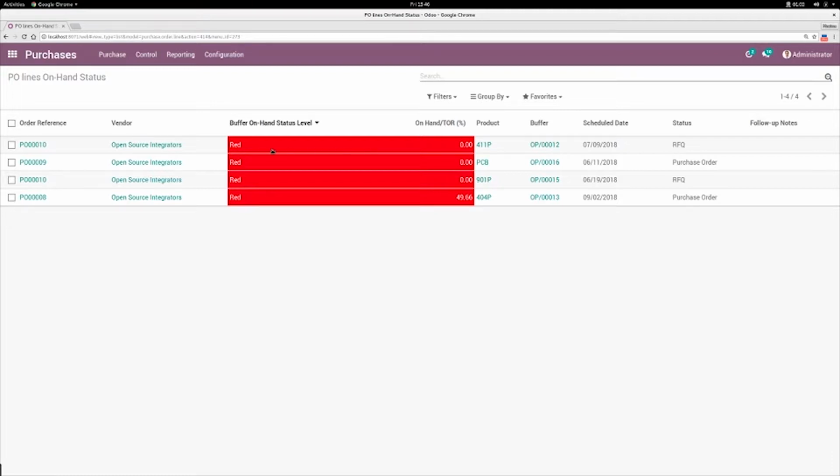So the more critical items are on the top, and that's the one they should work on and expedite, and make sure to call the suppliers to make sure that the items arrive on time and so on. So they can from here go directly to each of the POs and follow up with the suppliers. This dashboard provides them with their to-do activity, so they can really go and focus on the most critical item that's really required by the company.